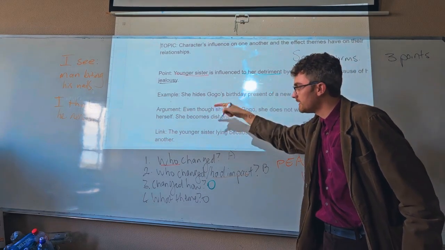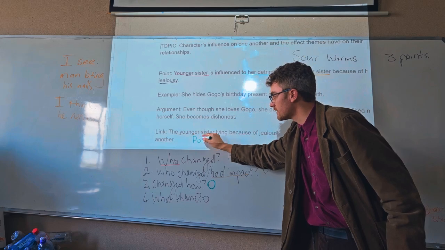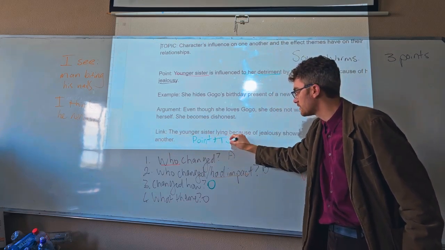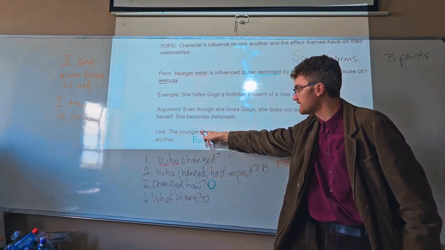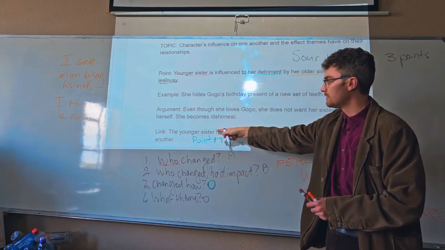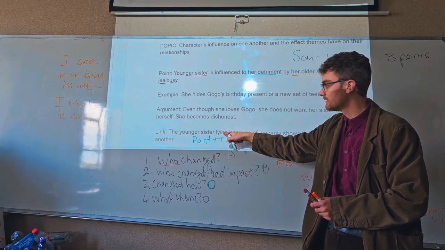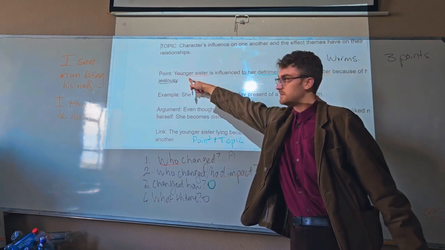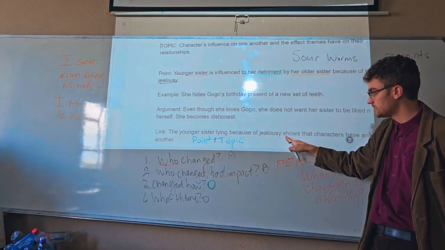So for our link, I'm just saying a part of the point and then adding in the topic. So the younger sister lying, and lying here is the influence to a detriment. Lying because of jealousy, and that's the theme that was mentioned here, shows that